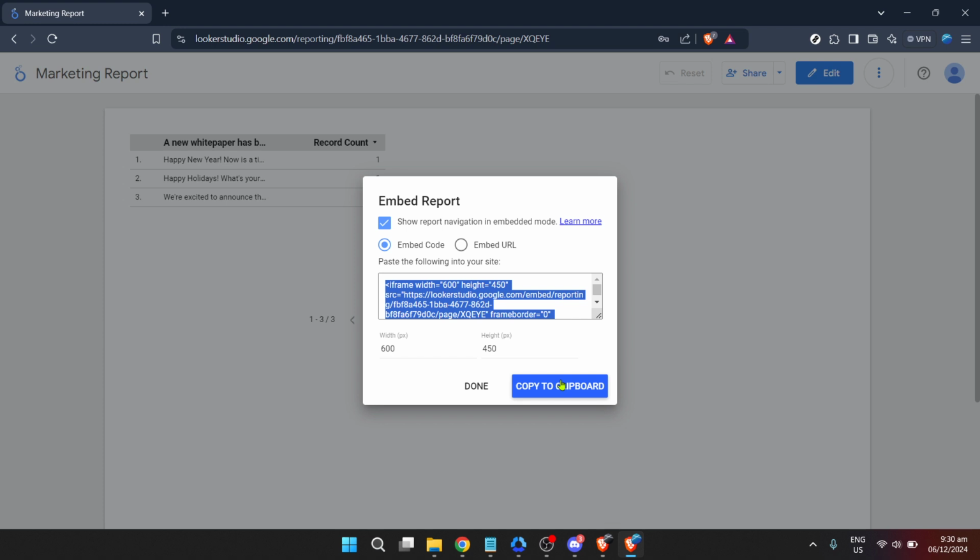And there you have it, a step-by-step guide to embedding Looker Studio reports onto your website or blog, making your data visually appealing and interactive. We believe that by following these straightforward steps, you can enhance your website's data presentation and engage more effectively with your